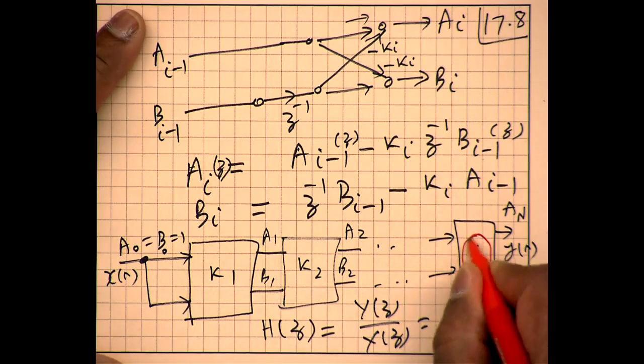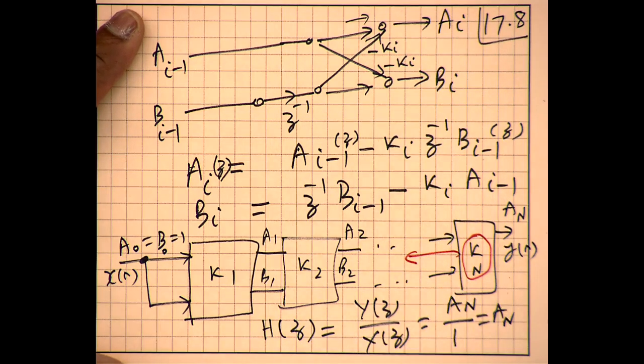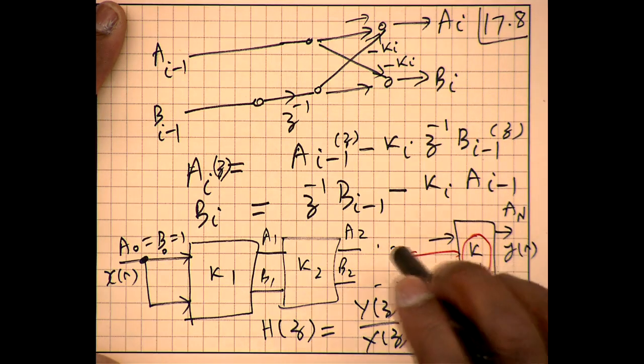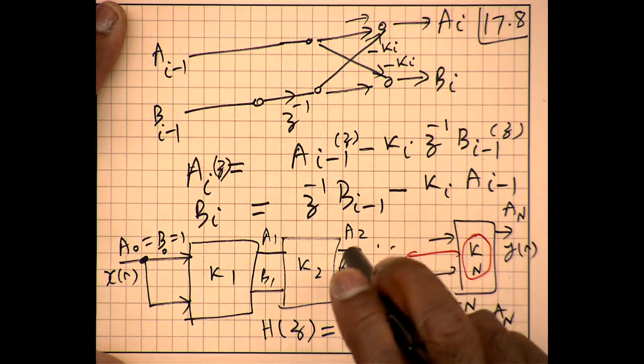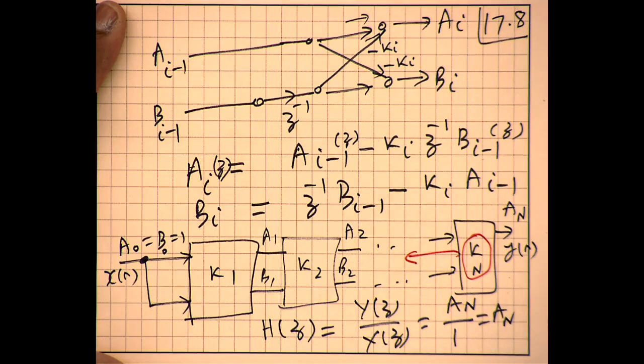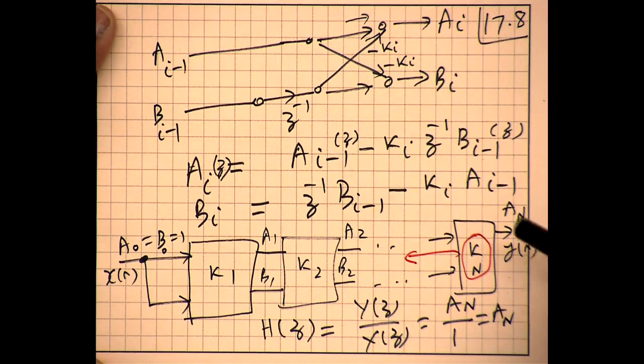Okay, so the way we find these k coefficients, we do not find K1, then K2, then K3, then K4. We start with the last and we come backwards. So the first step is to find Kn. The next step is to find Kn minus 1, Kn minus 2, and at the very end find K1. So this is called a degree reduction process. So going through the degree reduction process, we keep reducing.